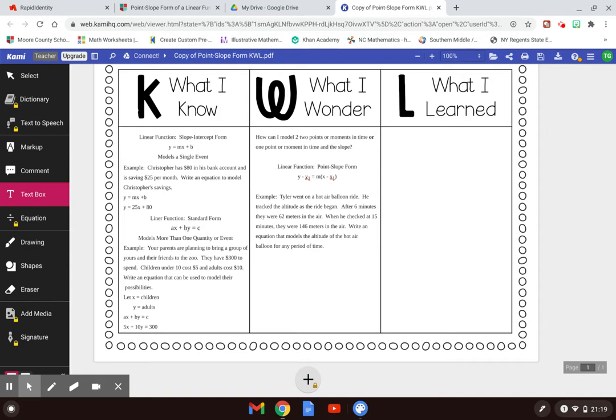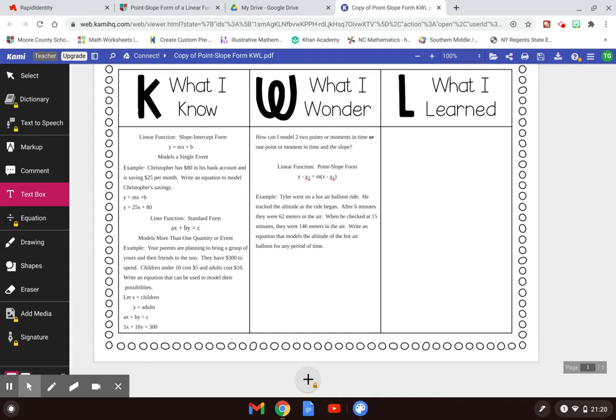So what we had to do here, since we have two simultaneous events going on at the same time, is we had to assign a value to each of our variables. So we let x equal the children and y equal the adults. So using the ax plus by equals c model, we put the rate of change of 5 with the children, which is 5x, and then the rate of change of 10 with the adults, which is the 10y, and all that together equals $300. So today, what I wonder is, how can I model 2 points or moments in time,